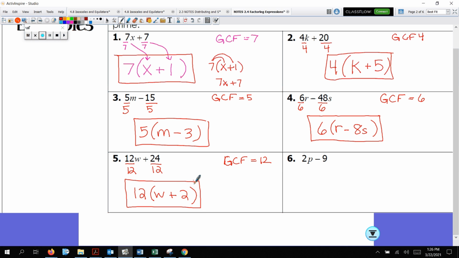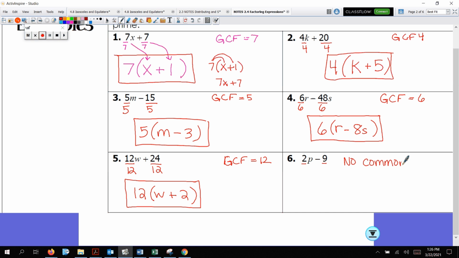Probably the toughest part is finding the GCF, okay? Let's look at number 6. I have 2 and I have 9. Well, does 2 go into 9? No. So if you have a case where there are no common factors